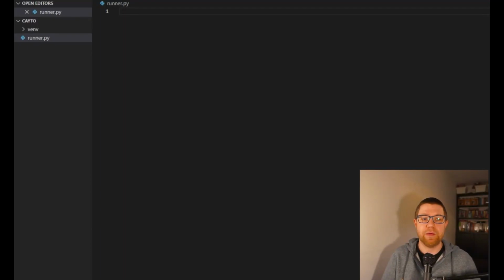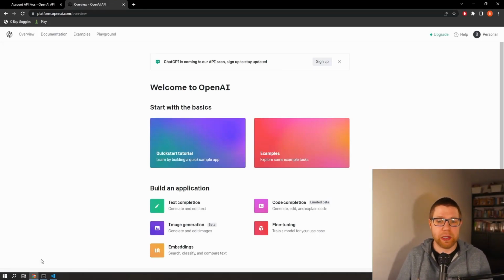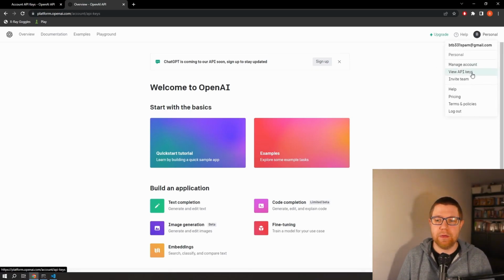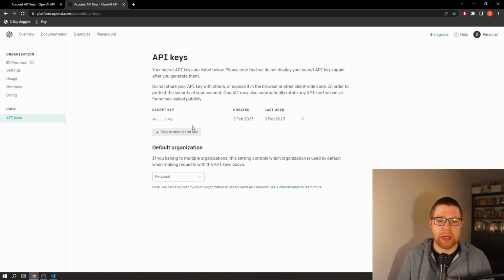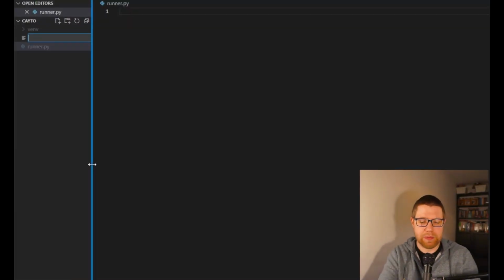Let's go. I've got a little folder here with a virtual environment, and I've made an account with OpenAI. OpenAI are the company that make ChatGPT, and they allow you to use the API for free. Once you've logged in and created your account, I'm not going to go through how you do that because it's just simple. Go to your personal account and then view API keys. You get an API key here. I've already created mine, but if you do create a new secret key, click that, it comes up with a box, copy that,